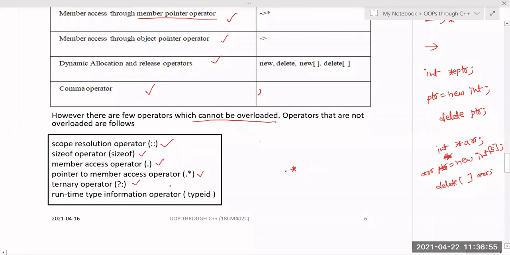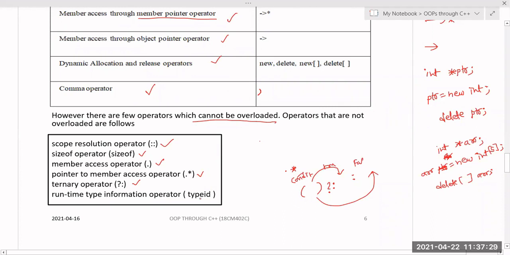And the ternary operator, which is nothing but what? What is the ternary operator? Conditional. Very good. Conditional operator. Okay. Why is it called the ternary operator? Because it takes three arguments. The first one is the condition. If the condition is true, then these statements will be executed. If the condition is false, then these statements will be executed. So the condition, the true statements and the false statements: total 3 parameters. So that's why it is called the ternary operator.